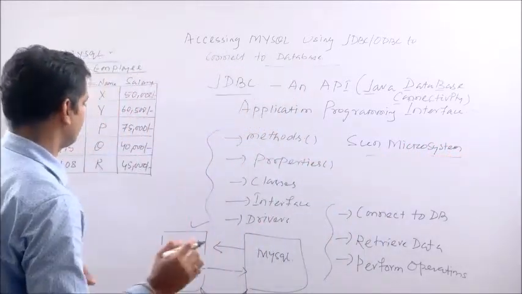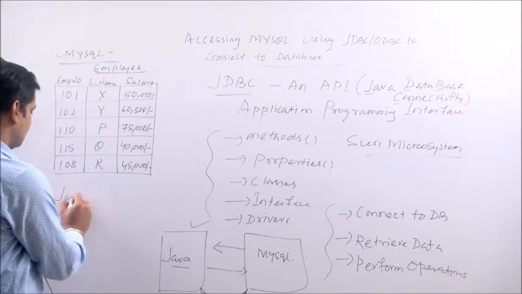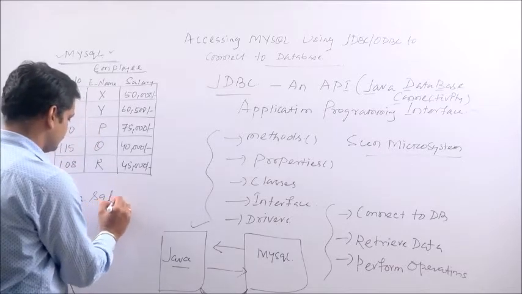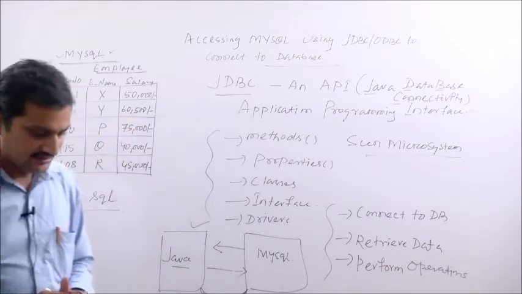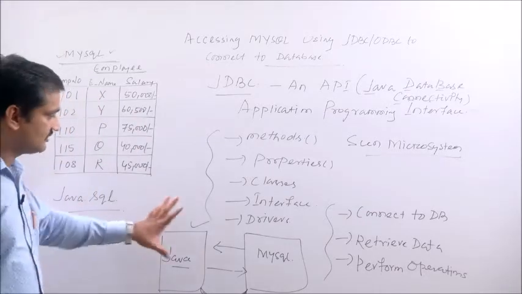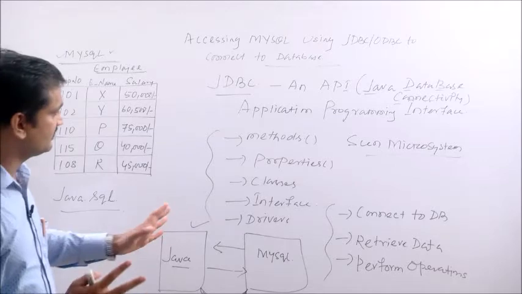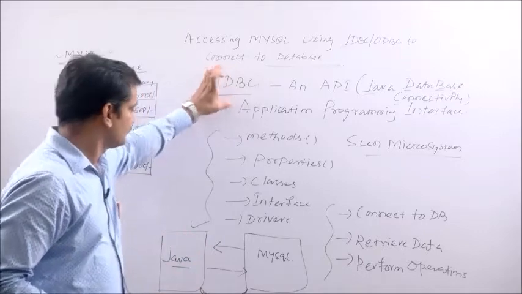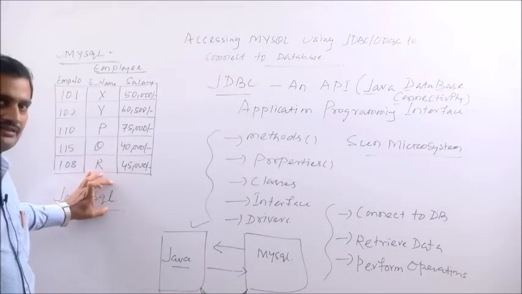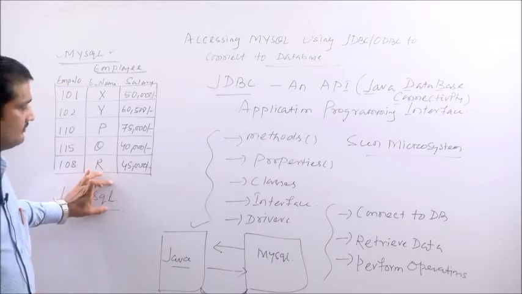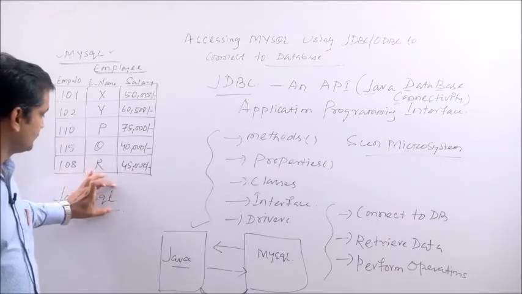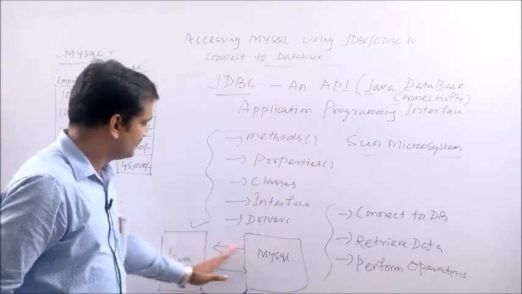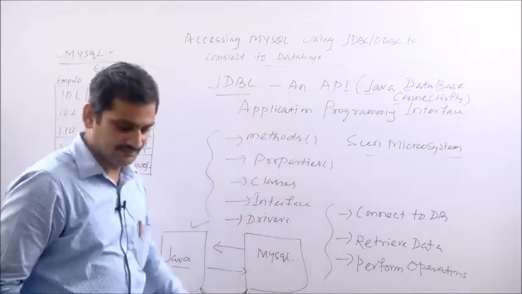you can find it in the package java.sql. You can find this bundle of JDBC in the package java.sql. That means if you are going to use any of the methods, properties, classes, or interfaces from this bundle of JDBC API, then you have to import this package java.sql into your program. We will see how it is done when we write a program. This package includes whatever is required to make this communication possible by using the JDBC API.